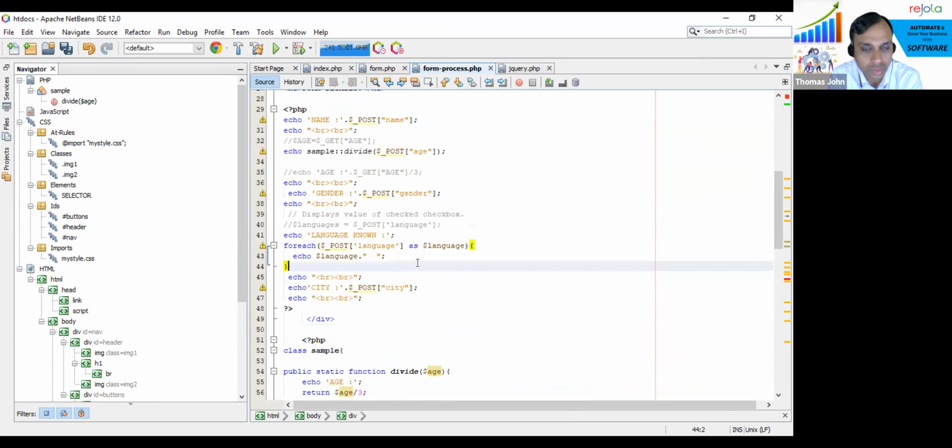Okay, so what are you doing here? Sir, first we have to get a language from the user. It will store it as a new variable called language. It will echo what languages are selected. Those languages are